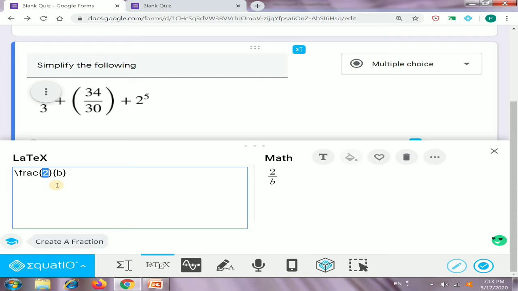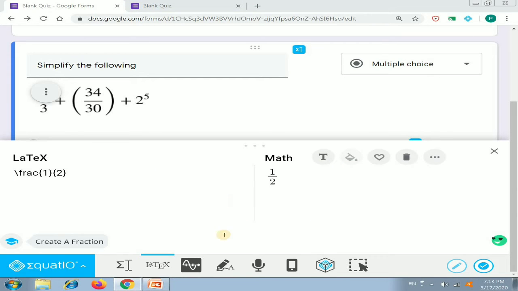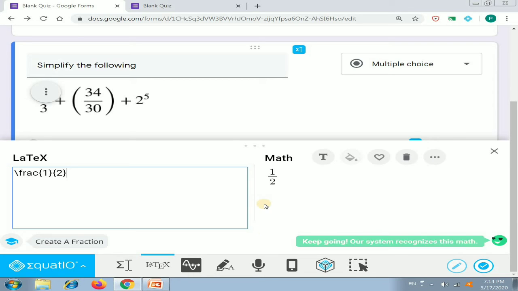We are writing 1 in place of a and 2 in place of b. So 1 upon 2, we have created the option. Now we can simply insert it. The insert maths option is at the right bottom, we can click it.